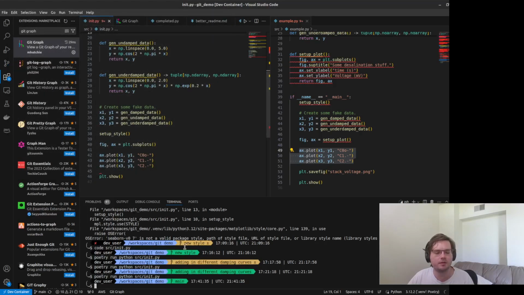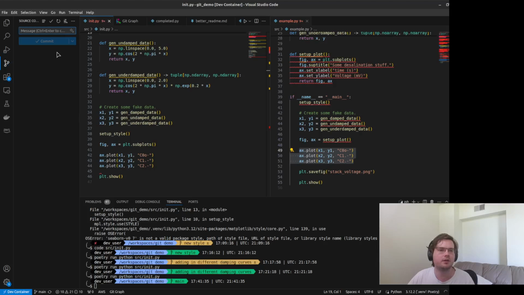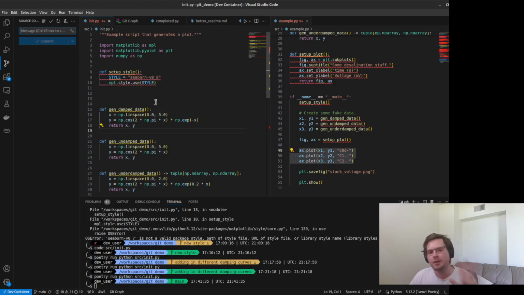Now, there are other ways of doing this locally, using Git on your local machine, and VS Code has a bunch of tools to help you with source control, which Git is a type of, where you have an interface inside your code editor where you can make those changes. I'm not going to go over those at the moment. There's a whole bunch of different ways that you can create these merges and resolve these conflicts. I just wanted to give you an example of how to do that and show you that it's really not that scary. The only way that it does get a little bit complicated, like I was saying before, is if you have a huge amount of changes.